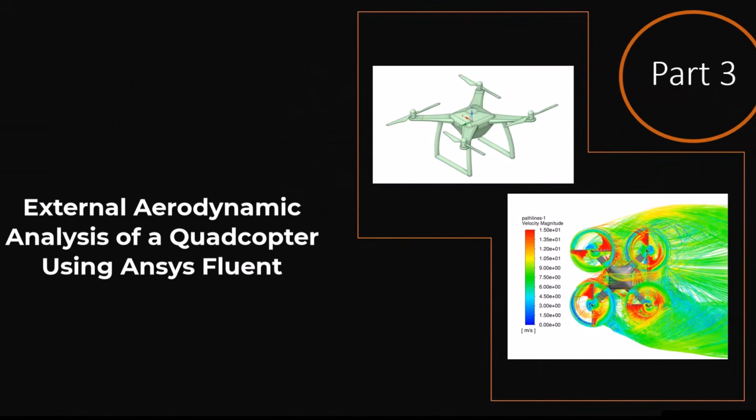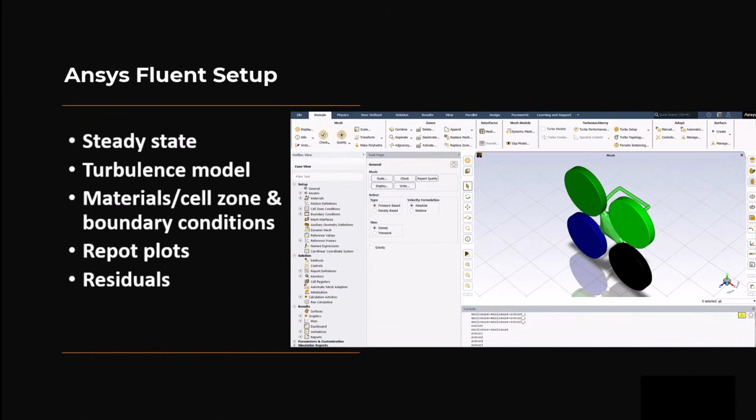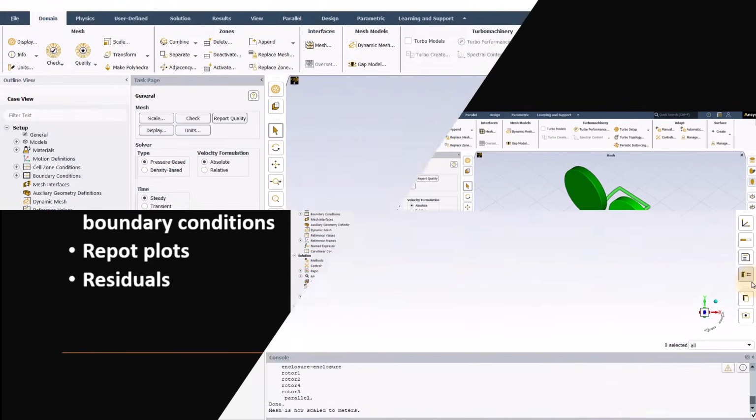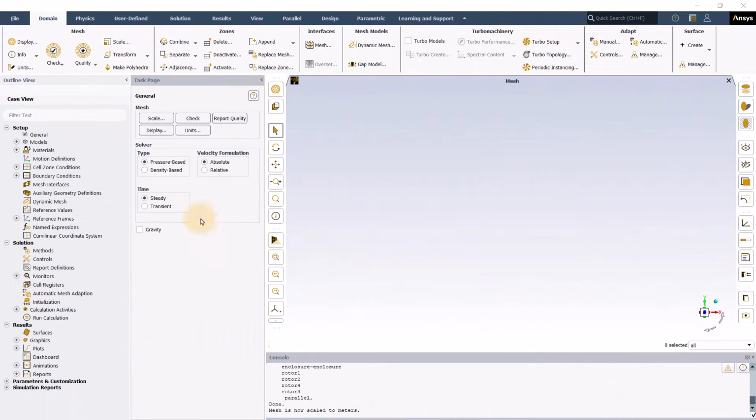Welcome to part 3 of this video series created for students studying CFD analysis of a quadcopter. In this part, you will learn about the Ansys Fluent Solution Mode workspace. You will also learn how to use basic operations under domain and physics to solve a simple problem from beginning to end. This is the Ansys Fluent Solution Mode that we launched from Ansys Fluent Meshing Mode in the previous